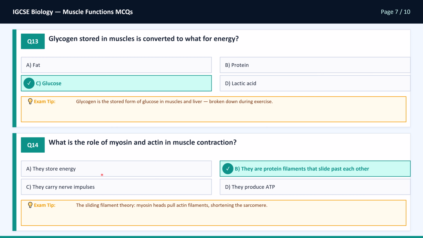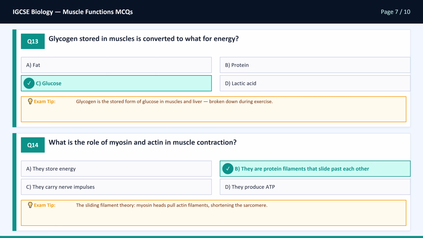Question 14. What is the role of myosin and actin in muscle contraction? Option A, they store energy. Option B, they are protein filaments that slide past each other. Option C, they carry nerve impulses. Option D, they produce ATP. The correct option is option B, they are protein filaments that slide past each other. Exam tip: the sliding filament theory. Myosin heads pull actin filaments, shortening the